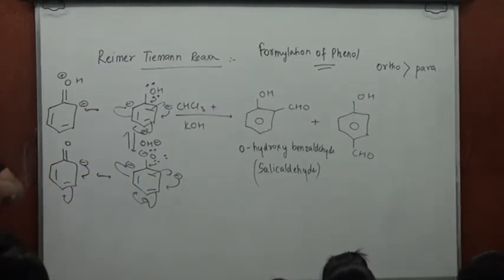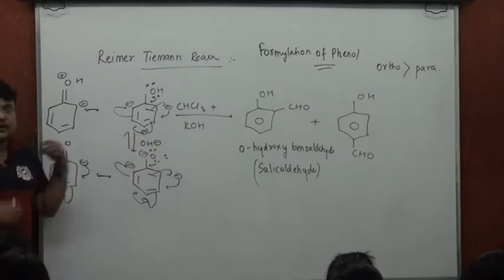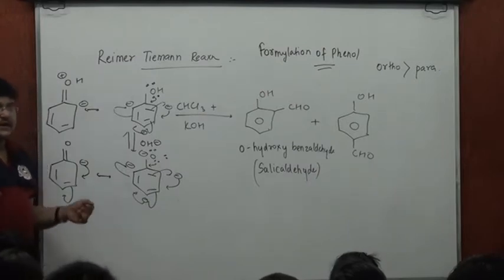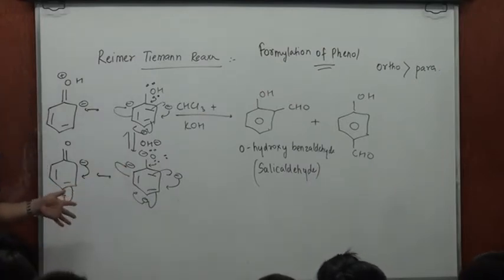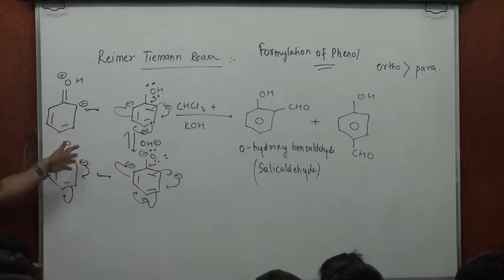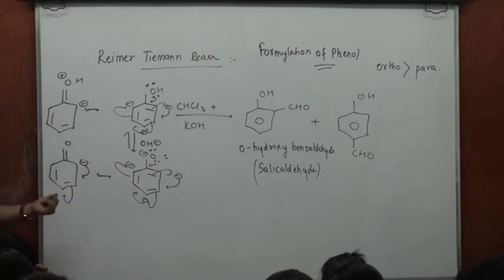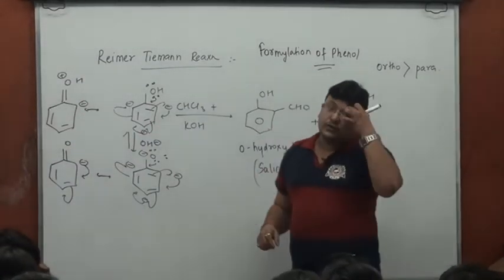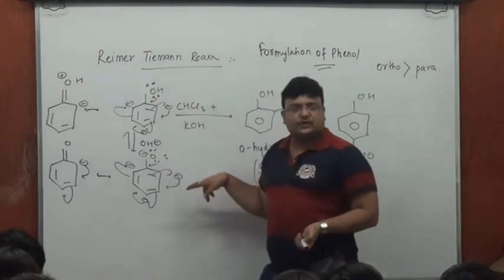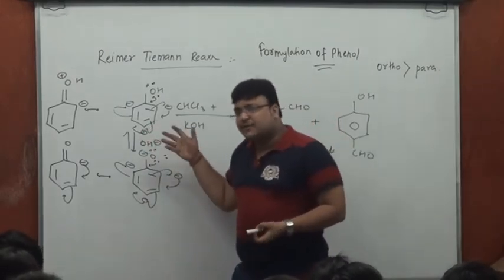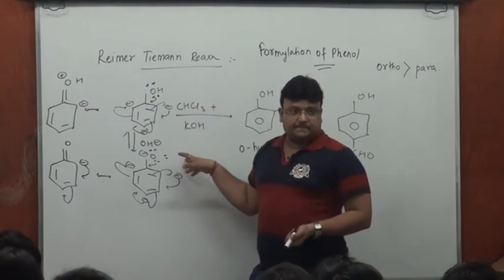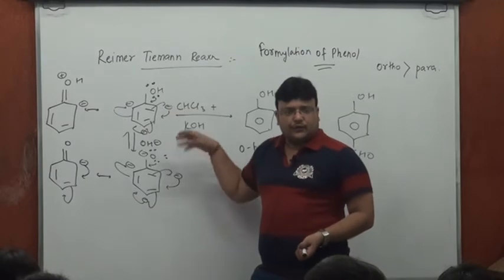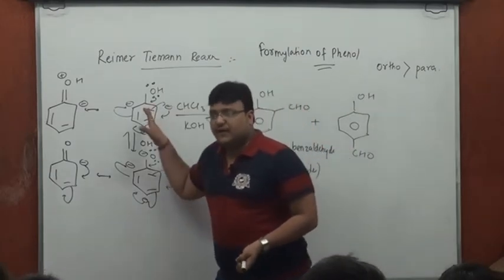First of all, here the electron density over oxygen is higher, making it more activating towards the ring for the electrophile to come and attack. Secondly, in the resonating structures, I don't need to have any positive charge over oxygen. So even the resonating structures are more stable here, are more contributing here. Yes or no? So you would want phenol to be converted to phenoxide. You would want most of the reactions of phenol under alkaline conditions. Fine. But I repeat, phenol would have converted to phenoxide, which is more reactive than phenol.